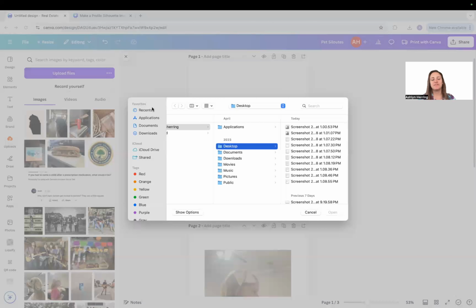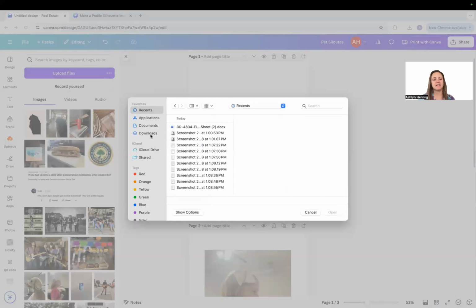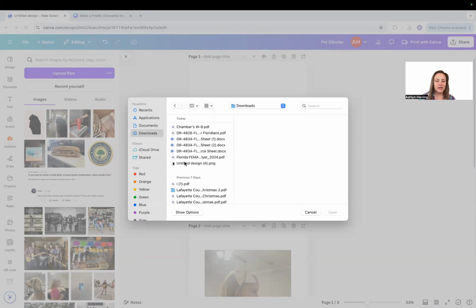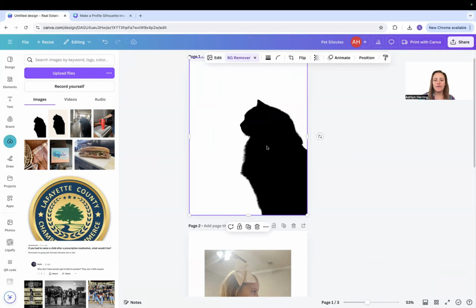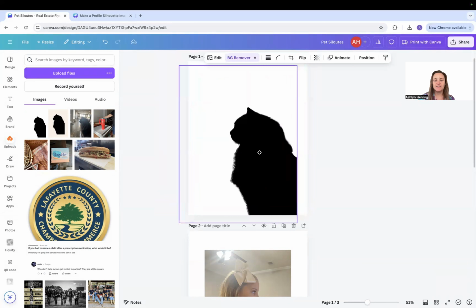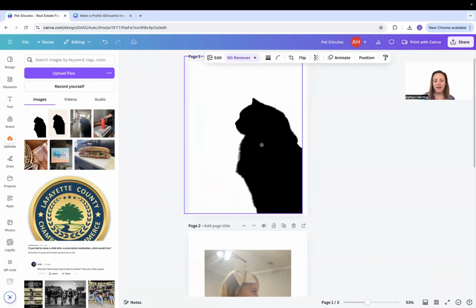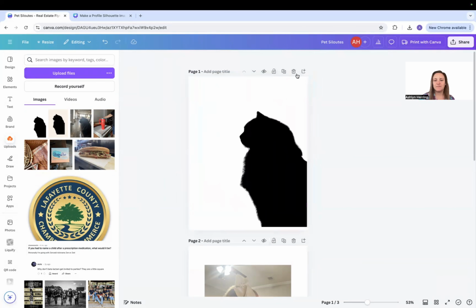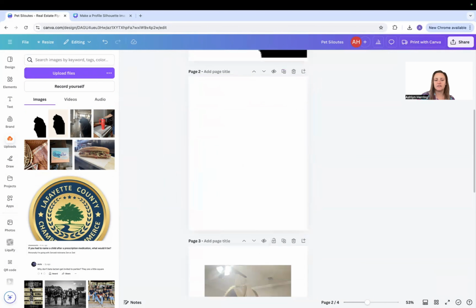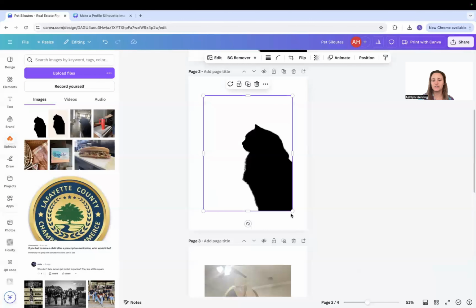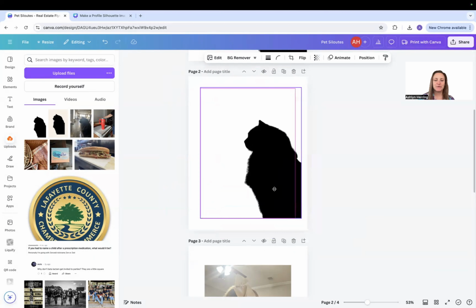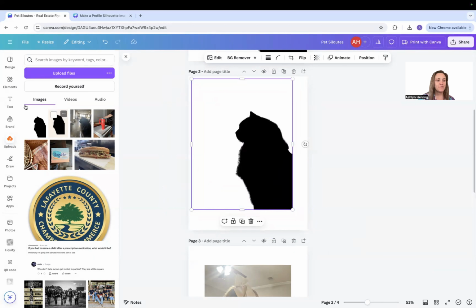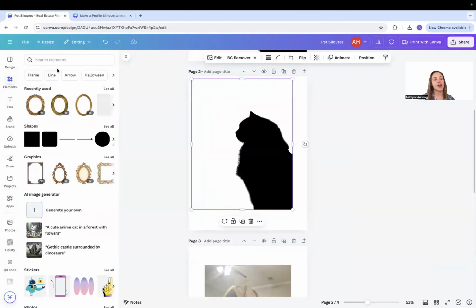So I'm going to go over to Upload Files, and I will see the things that I have recently been working on, which are a lot, but this is that image of Princess that we made. And so now what I have in this document is Princess who can be moved around, but I'm gonna make a new page and look at the picture that I just uploaded. So this is a whole image with a white background now. So I can do some pretty cool things from here,